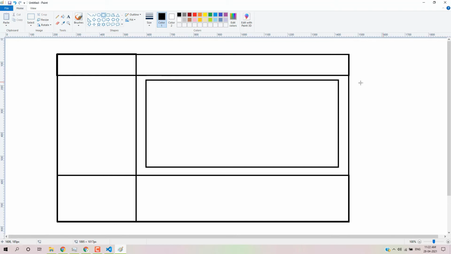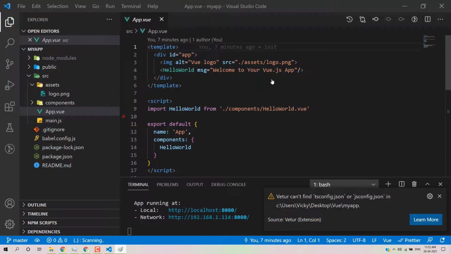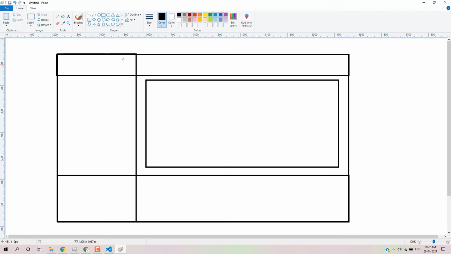Similarly, I can create a separate component for the drawer, for the footer, and for the view file, which is for the content. So I can do that. I'll remove this one.